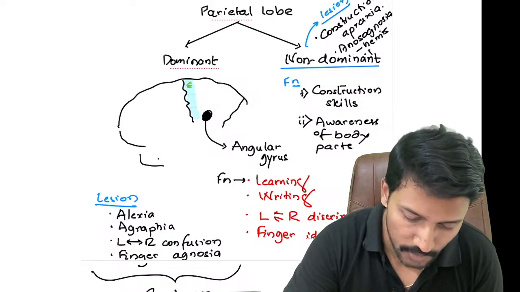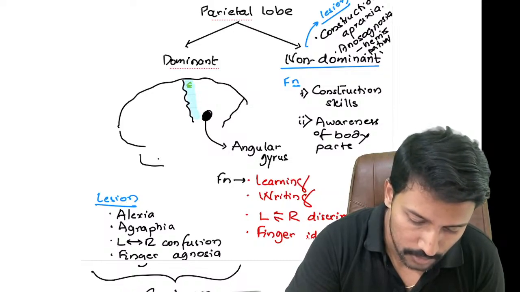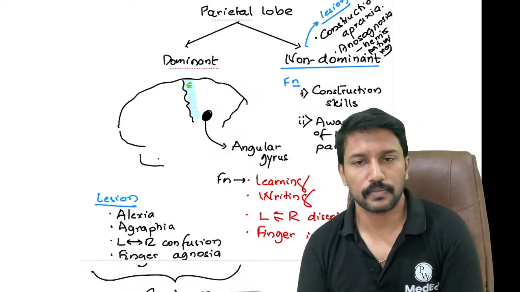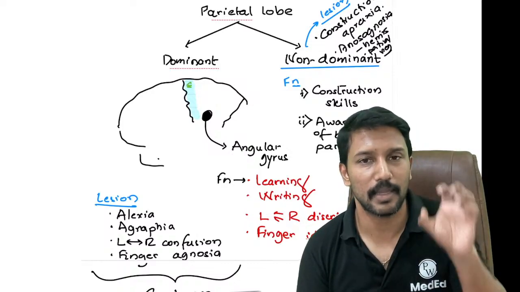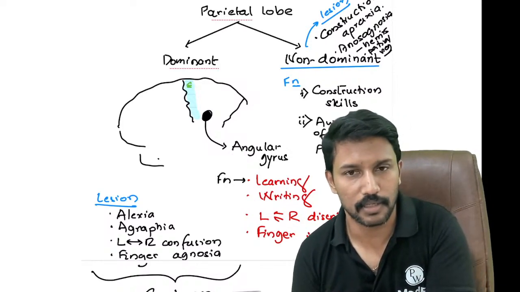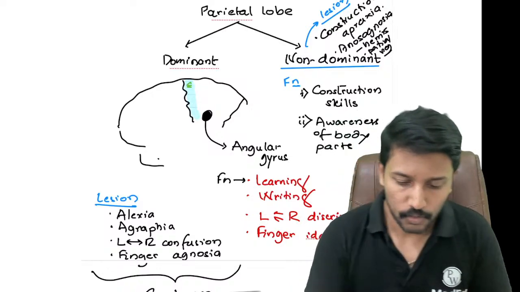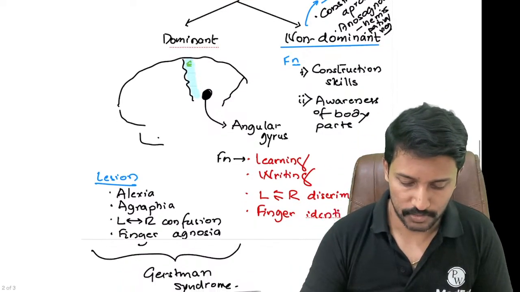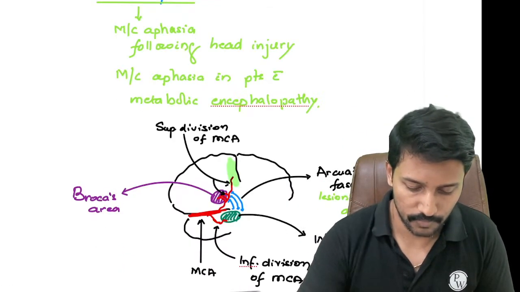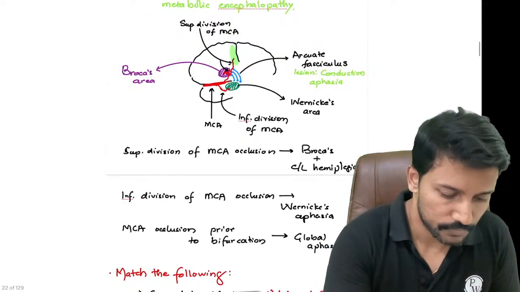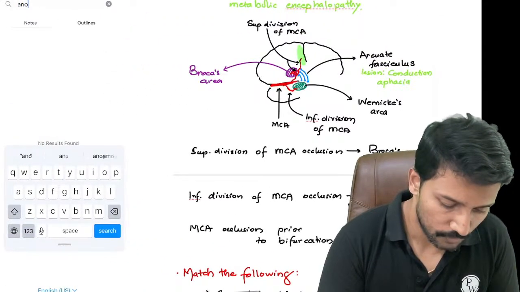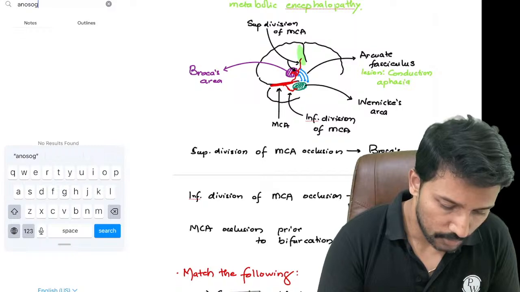Hemispatial neglect. So whenever you have a patient with hemispatial neglect and constructional apraxia, it indicates damage to the non-dominant parietal lobe. So in the exam, you will get two kinds of questions. The one is an image-based question directly talking to you about this anosognosia, or the other one will be,